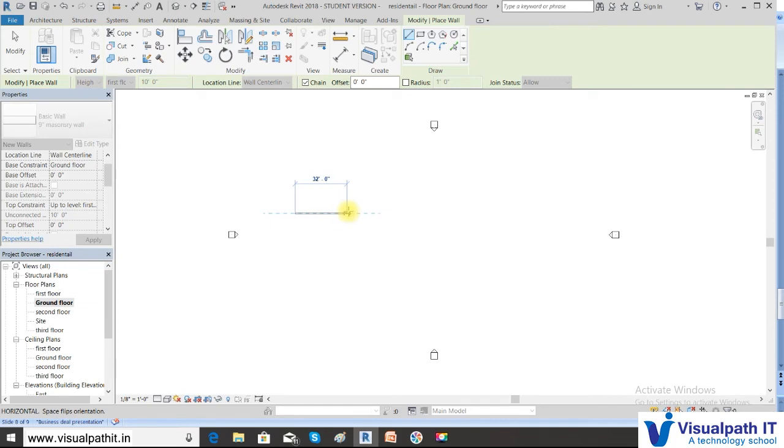Drag your cursor. Zoom it if you want. Now it is telling you, and you can see that if you move your cursor like this, it will be non-inclined walls. And now we are going to have a straight wall. Move your cursor straight, keep the reference line straight, type your value. Suppose I want to draw a 12-foot wall, type 12 and press the foot, the apostrophe button, which represents foot, press enter.